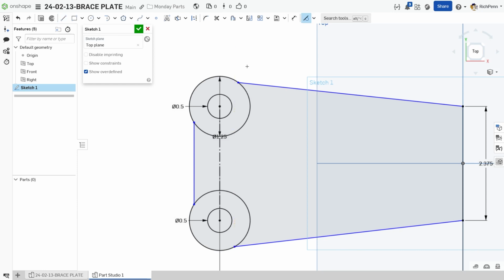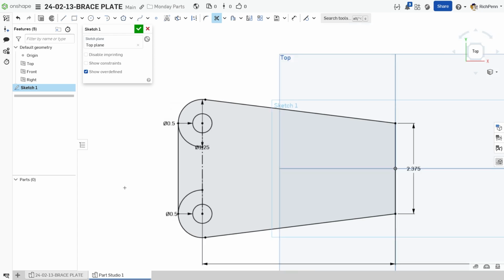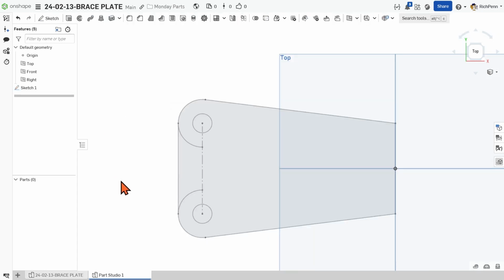We're going to draw a window select going to the left, which is the way you select anything in or crossing the box. If you go to the right, you're going to get only what's contained in the box, which won't work here. So I'm going to break these circles somewhere, just to clean them up a little bit. Kill the sketch,